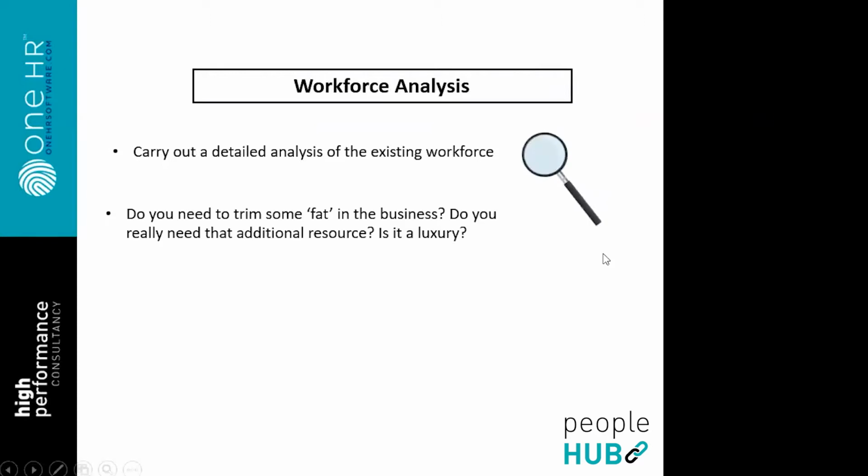It might be that you need to trim some fat in the business. Some people may have the luxury of having some additional resources. It might be an extra admin, it might be somebody to support another role. I think it's really important that at this time you have a look at what your core functions are and what those core roles are. And if there is anything around the outside that you feel may be necessary to strip back or reduce, those are probably the first things that you need to look at before you start looking at your core workers.